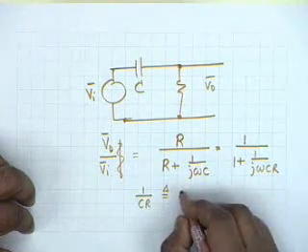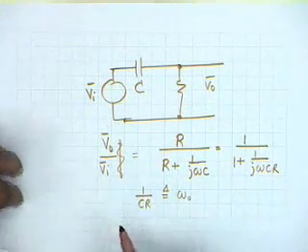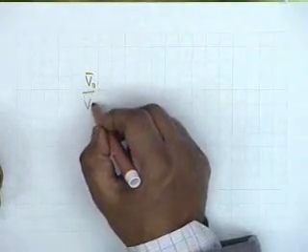If I define this as omega 0, then my ratio of the two voltages V0 to Vi